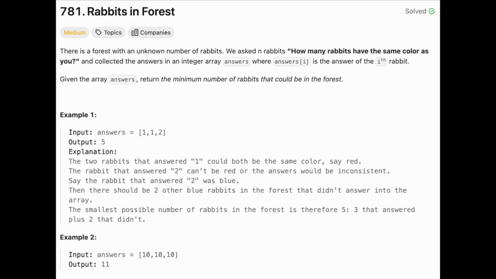Today we are solving Rabbits in Forest. So the problem states that there's a forest with an unknown number of rabbits, and we will ask n number of rabbits the same question, which is how many rabbits have the same color as you? And the answer will be collected in an integer array called answers, and each element in answers represents the response. So given the array that we got, we want to return the minimum number of rabbits that could be in